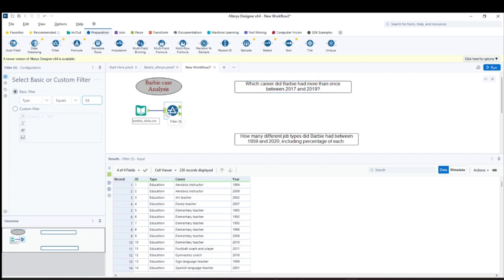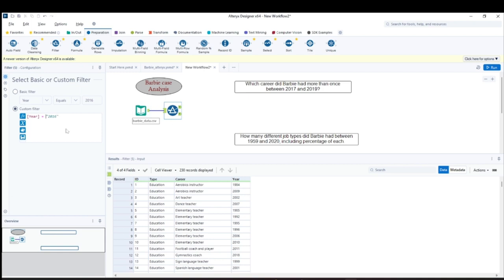What I want is all the different types of career and their count between these two years. So I can use the filter, but I will not use this type of formula here. I will use a custom filter. In the custom formula, you can see how the formula is written, and we will make use of this so that we can enter a query.